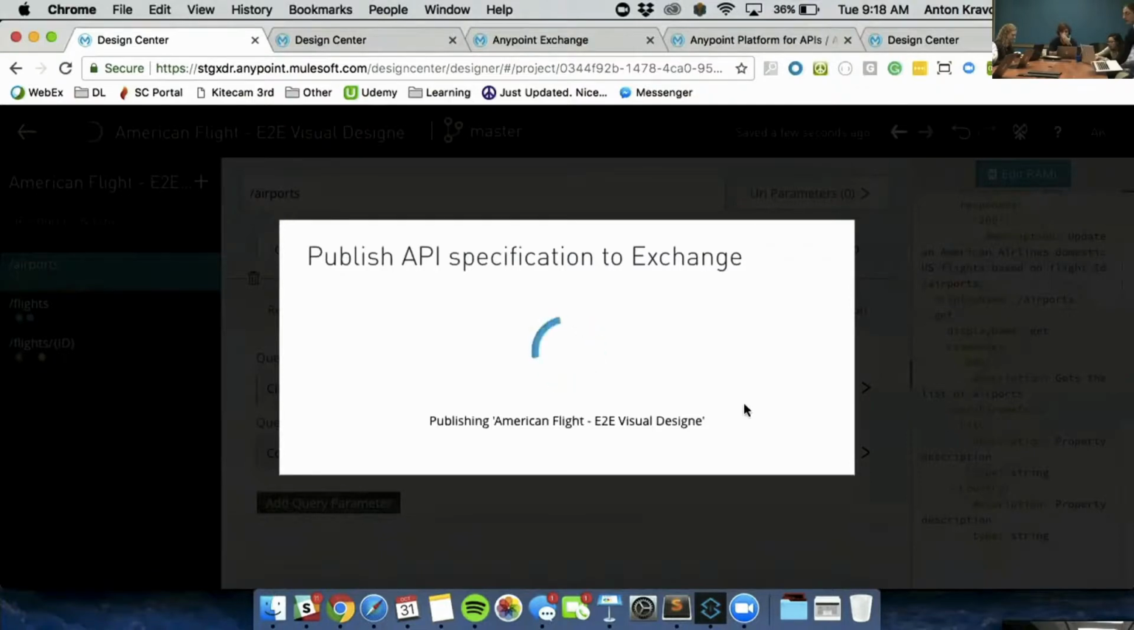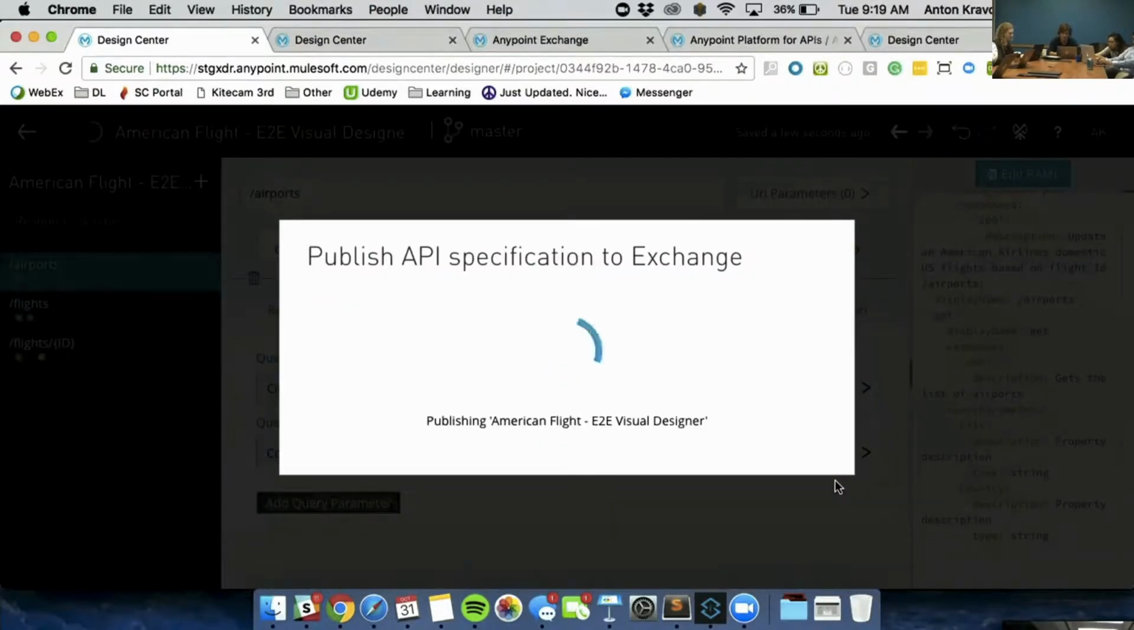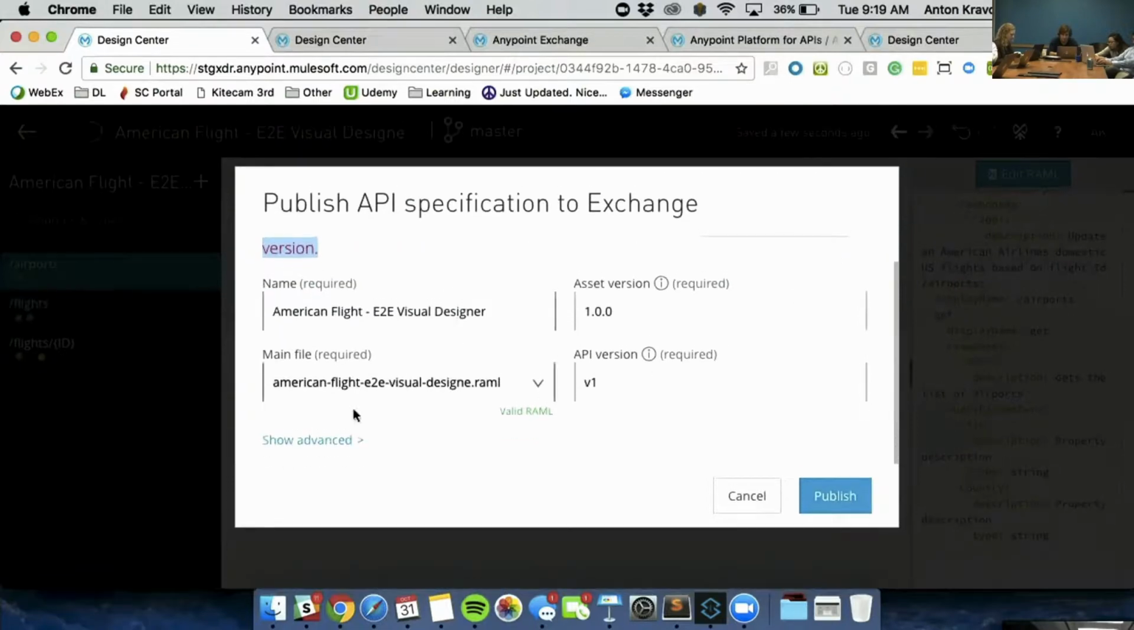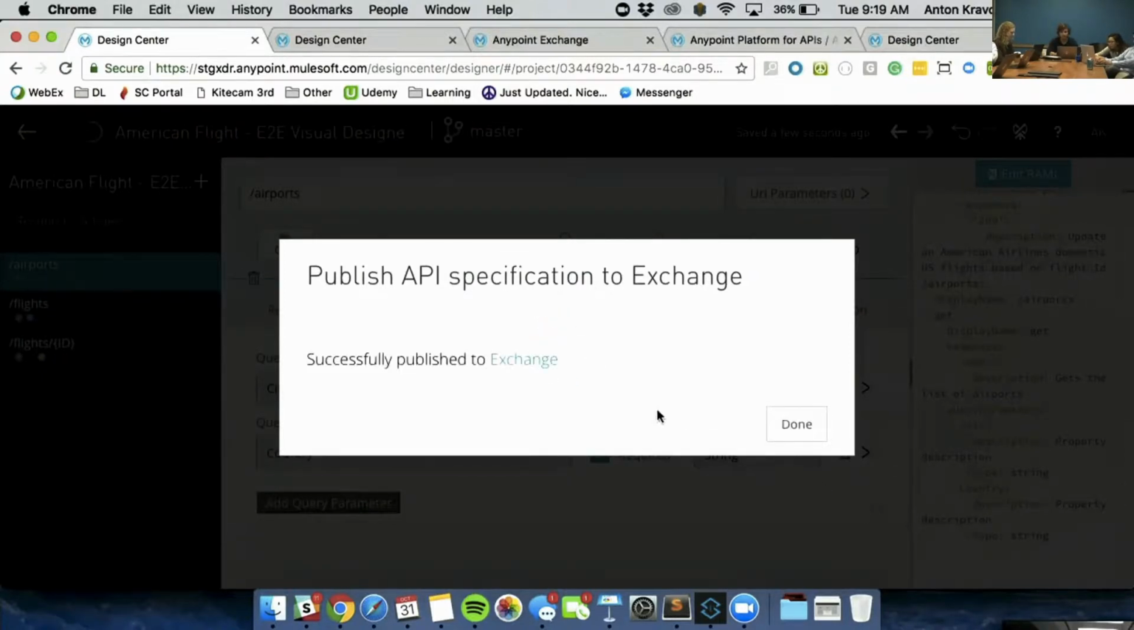But there's also a way to take this API design. I already have this asset, so let's rename it to something else. New API. All right. This guy right here. All right, so now we have the specification published in Exchange, and Exchange behind the scenes creates a specification portal